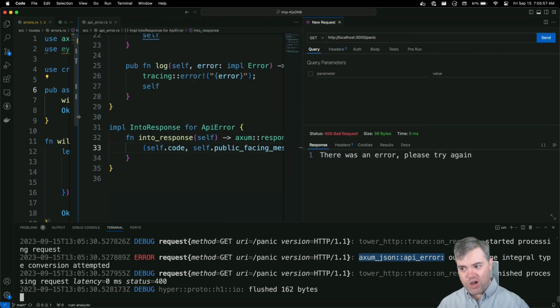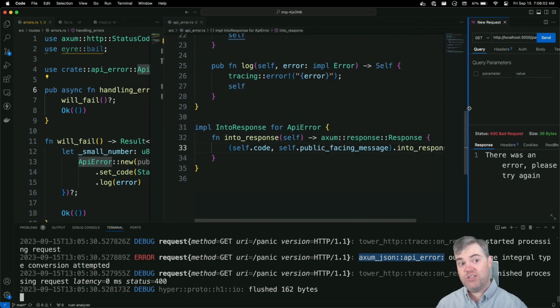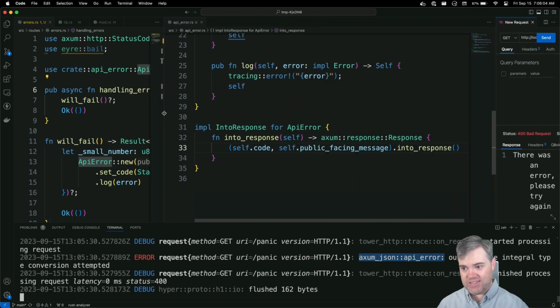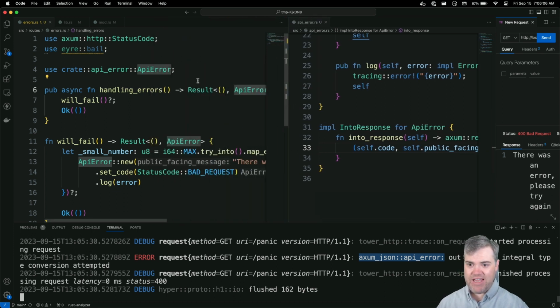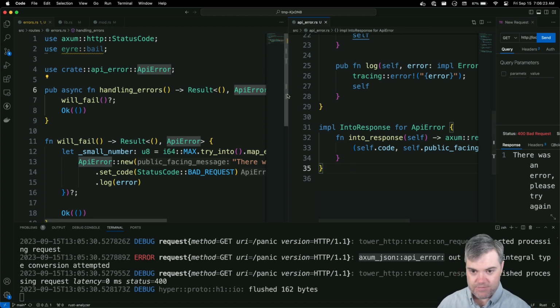We could call it done at this point in time, but I want to show you how to turn this into a real error, because passing this around as a result, yeah, it's fine, but it doesn't implement error, which means that if you want to make this work with any other error handling library, it won't right now. But we can do that ourselves. There's no derive for error itself, so we have to implement that ourselves.